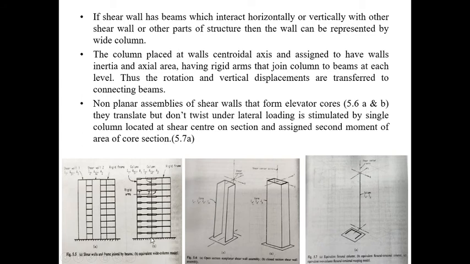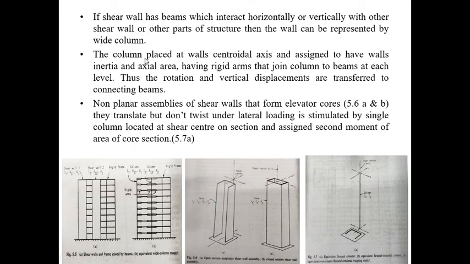This is the second column having the same, that is, inertias and all. You can see I1, AS1. Then here column 2, I2, AS2. Right. Now these shear walls are represented by the columns, and the beams in between will be shown as rigid arms. So these rigid arms will connect these columns to the beams, between the beams and the column, the shear wall which is represented as the column, they will be connected by this rigid arm